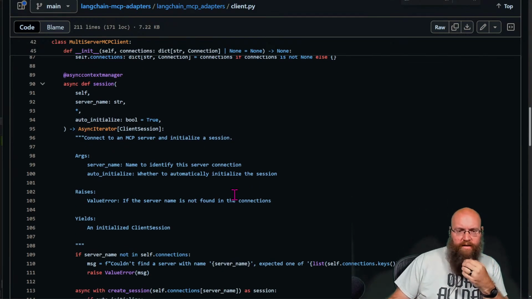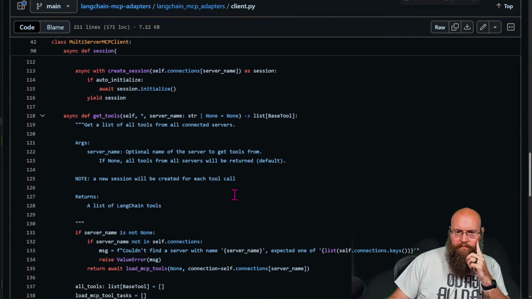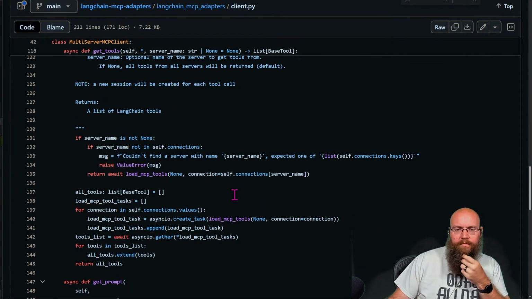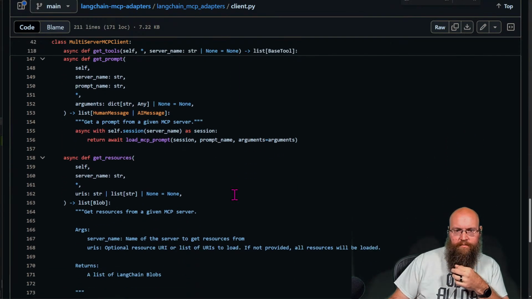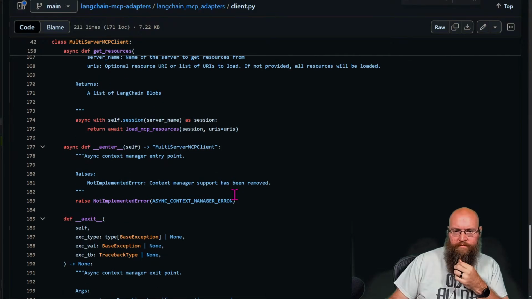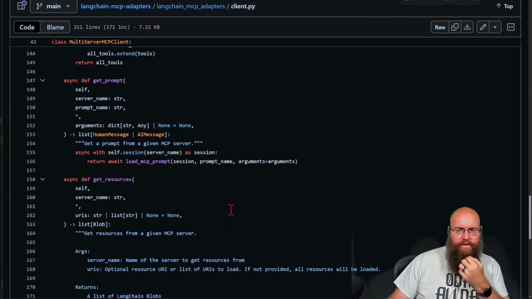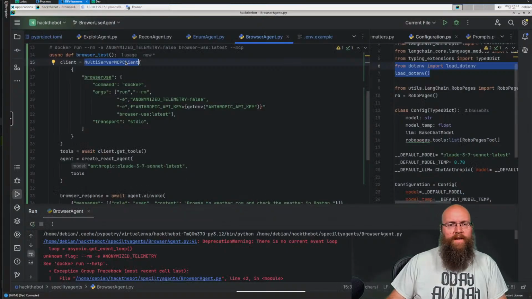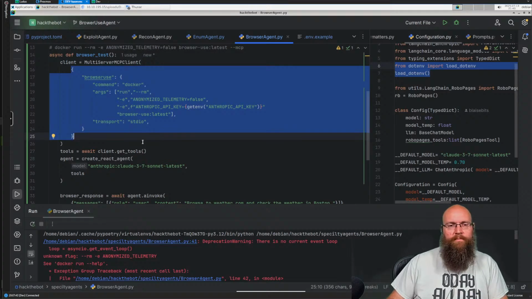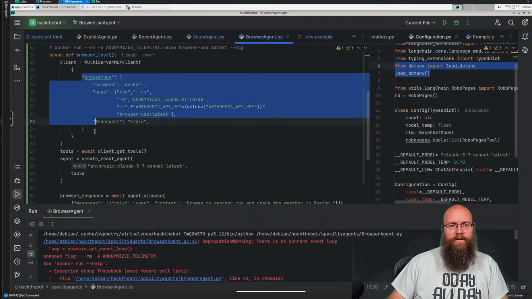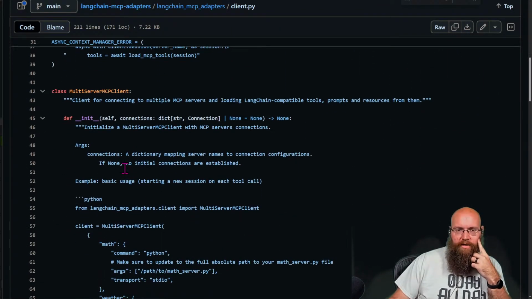That seems like a big flaw here. I'm not seeing a way to pass environment variables over to this. What's the structure of this that it's taking? So when we execute it, we're passing in this singular object, which is a dictionary with a single key, which maps to a dictionary. If we look at our init here,